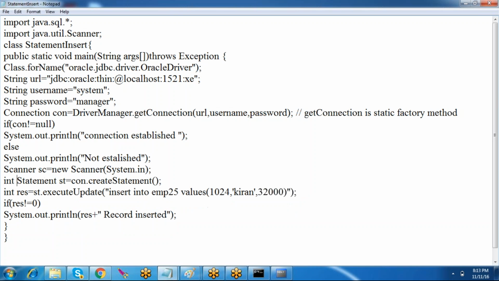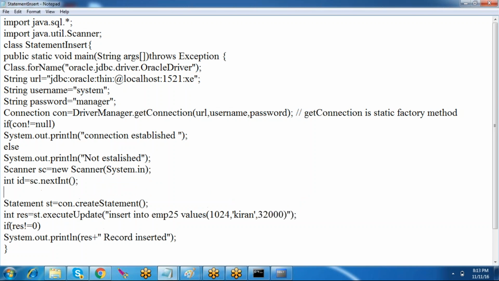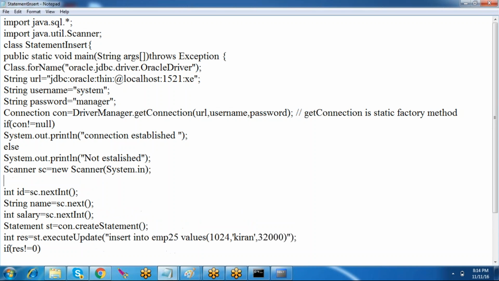I will take int. Okay, so what do we have? Int id is there, where you can make it as sc.nextInt, and for the name, string name equals sc.next, giving one value to one variable, that's all. Int salary, so here salary equals sc.nextInt again. Okay, so here we are giving input, so we can say System.out, enter the details. Okay,